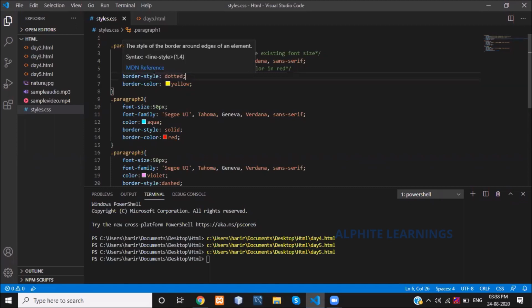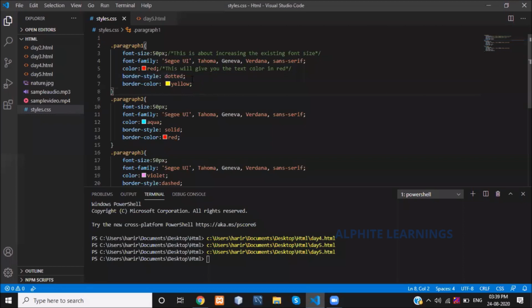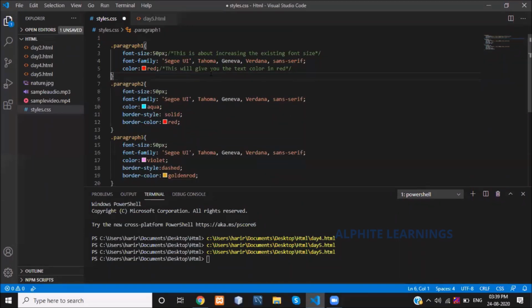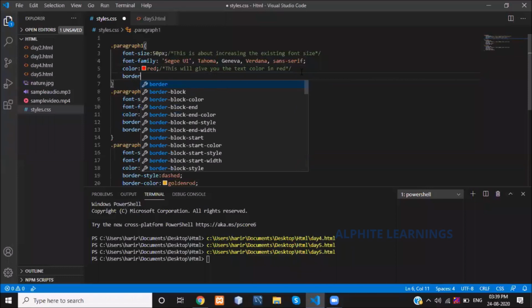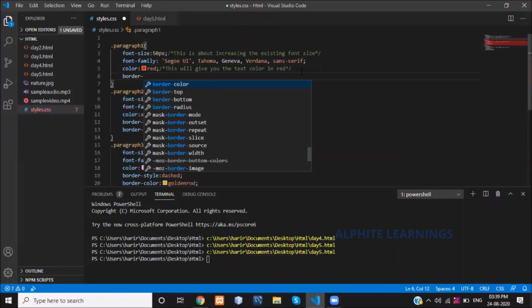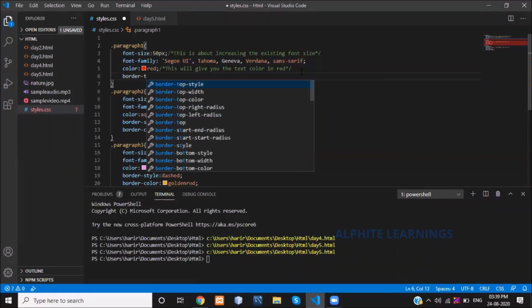For that, I'm removing this. Just see, the scenario is you want a border in a specific location. For that, I'm using border-top.